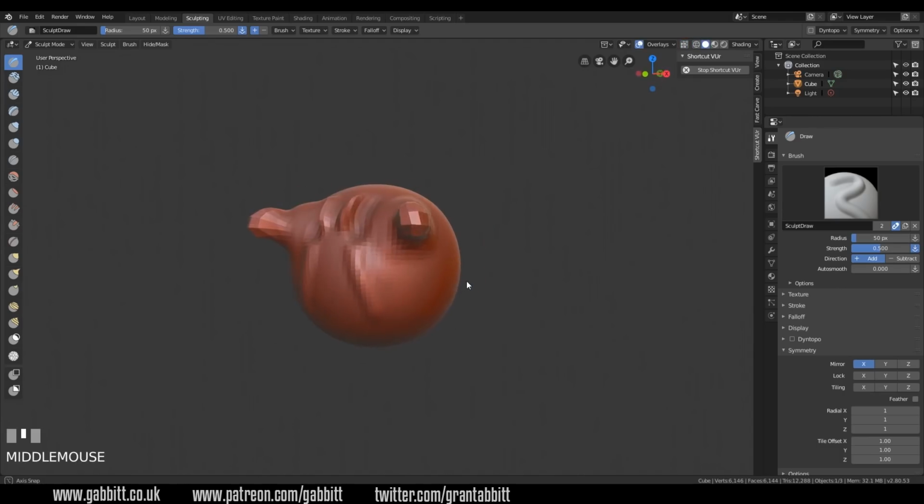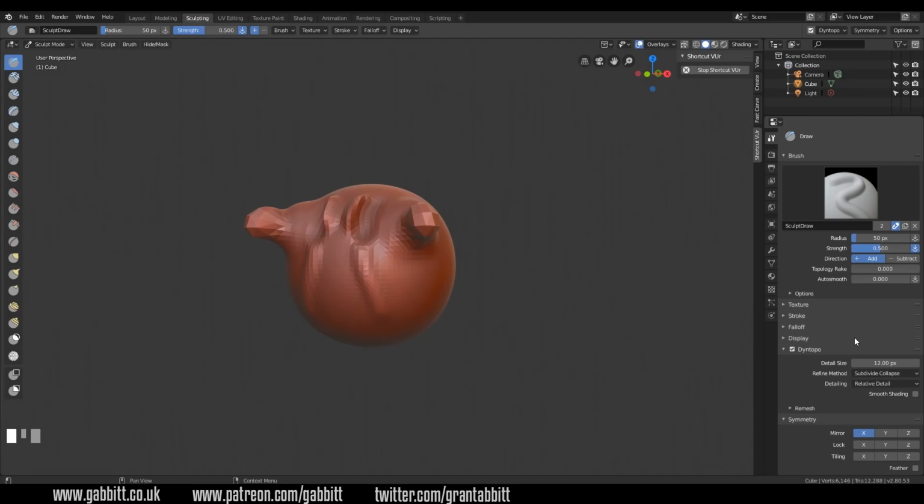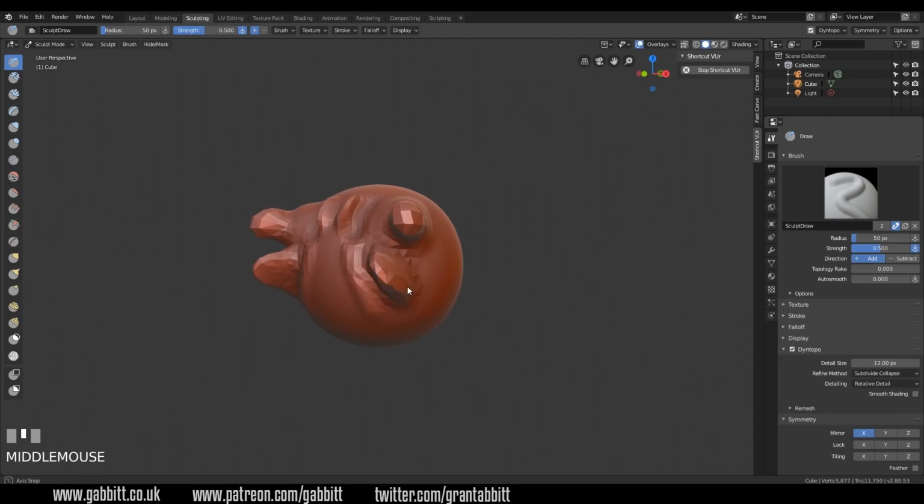Back to solid mode. What Blender has is an option called Dyn Topo. So if I just click on the disclosure arrow and select Dyn Topo, I'll come up with a warning. Basically just don't worry about that and click OK. And now I've got Dyn Topo selected. This is dynamic topology. So when I start painting on this now, you can see that I keep clicking and brushing and the same amount of topology